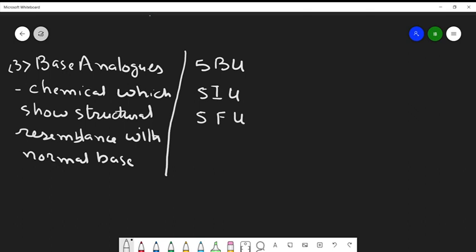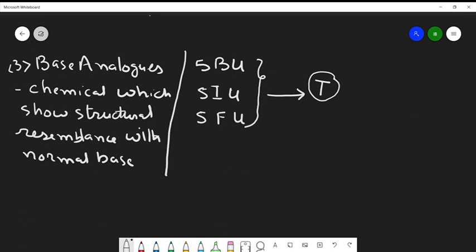All these resemble thymine. They don't resemble uracil, rather they resemble thymine. So 5-bromouracil, 5-iodouracil, and 5-fluorouracil are examples of base analogues which resemble the nitrogenous base thymine. So instead of the thymine present in the DNA,